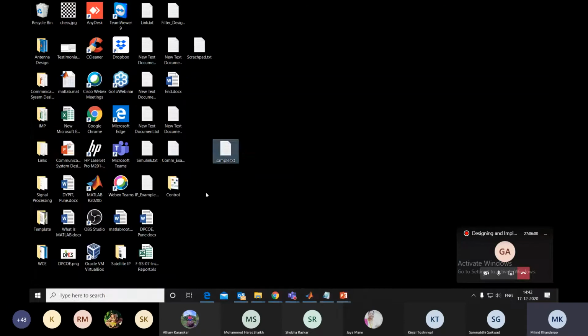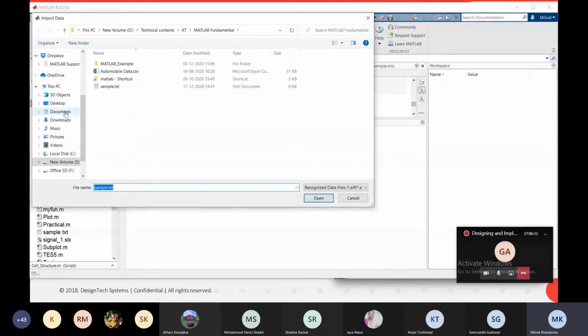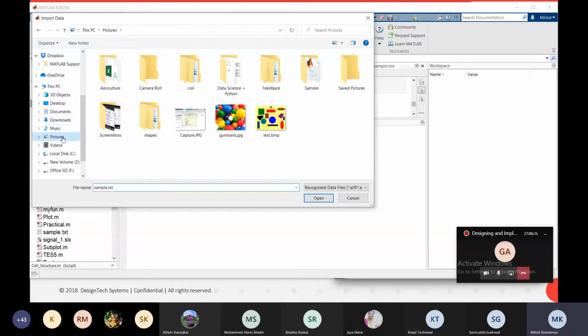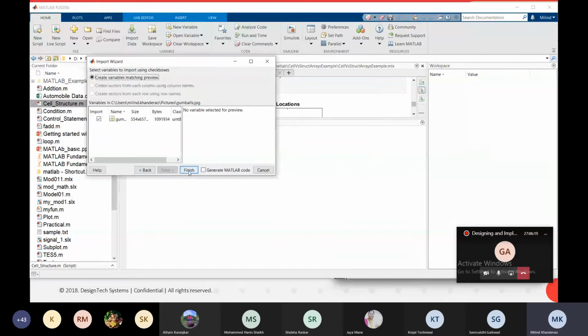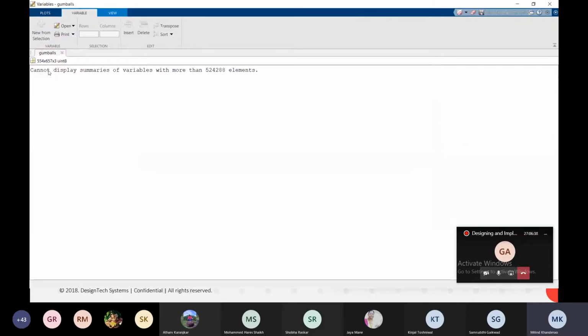So even you can import an image file. Let's say I have some, okay, so let's see. Okay, so it is already here.